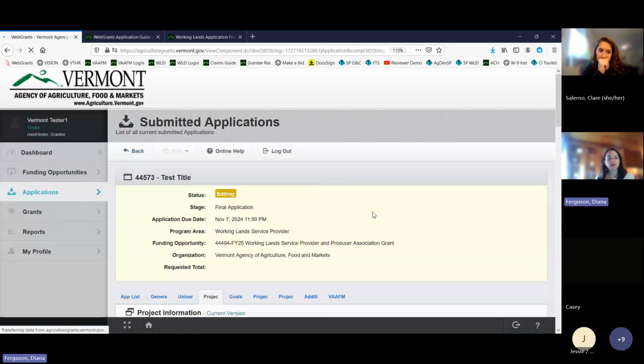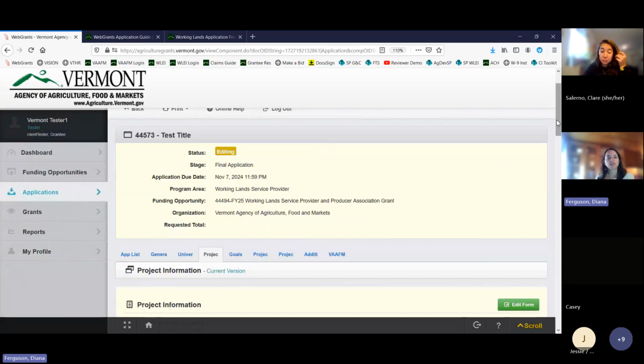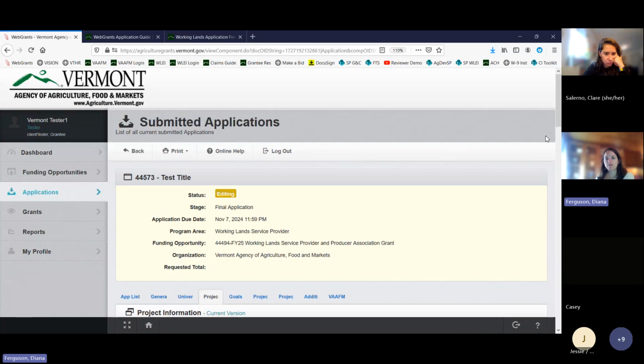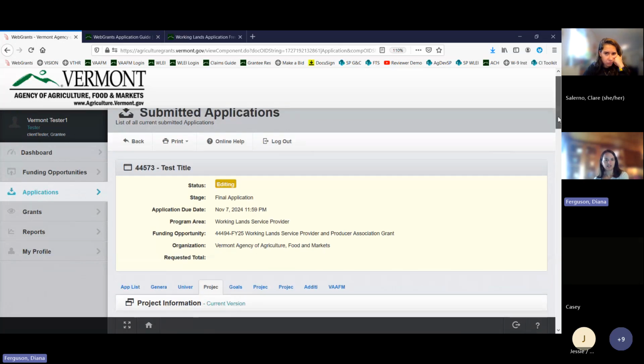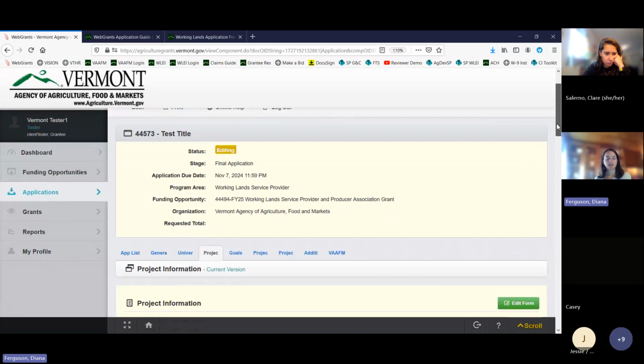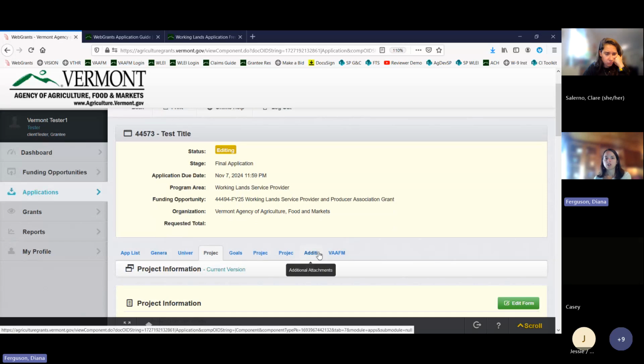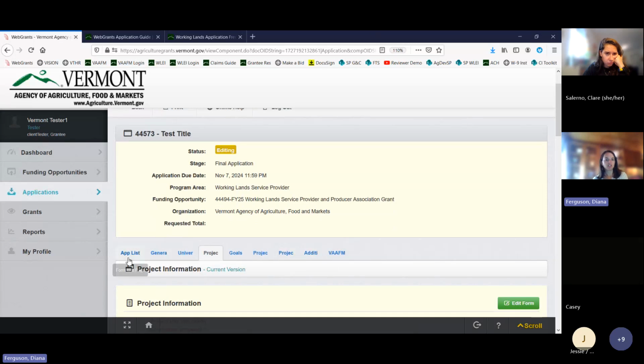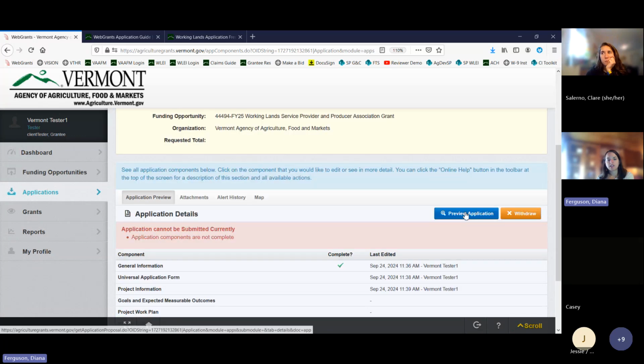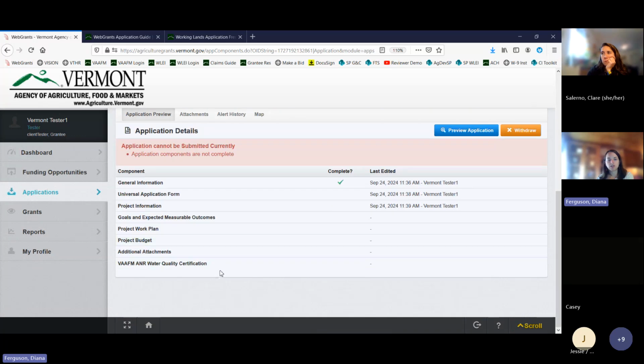Sometimes in web grants it's a little bit clunky with navigating back and forth. Sometimes when you click back you will arrive at a completely different page, and that just is something that happens sometimes. So you know, you can keep multiple tabs open if you need to. This app list right here, the furthest link on the left, is the same thing as the application details menu, which is what we had seen before with all of the individual forms. So as you can see, I've edited these first two. I've still only completed the first one.